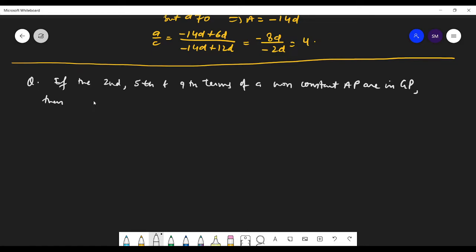the common ratio of this GP is, so what is R then? R you have to find of this GP. So this GP has R as common ratio. You have to tell what is the common ratio. Got the question, students? And this question was in 2016 Mains. Come on, find it out. Very simple question, students.